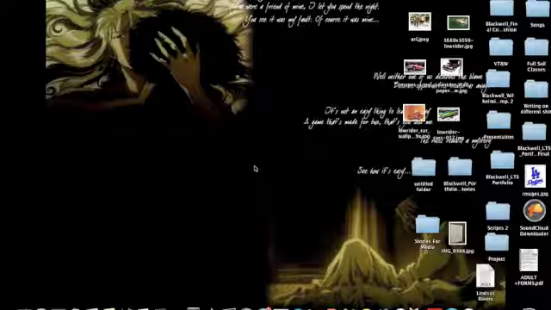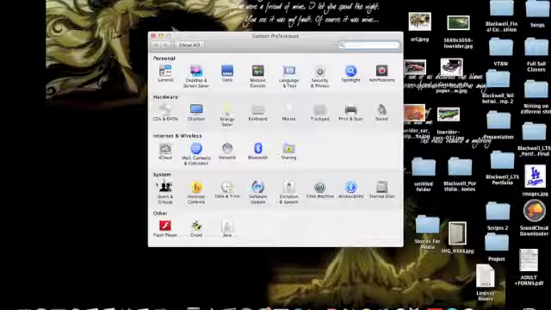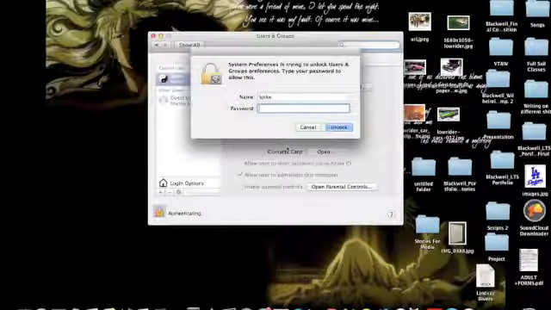From here, I'm going to show you how to create and delete an account on your MacBook Pro. What you're going to do is go into System Preferences, click on that, go down to Users and Groups, click on that, and from here, this is signed in as me. So if you want to add an account, you would